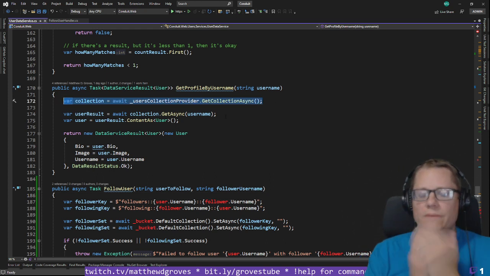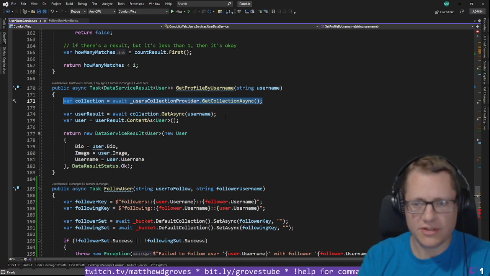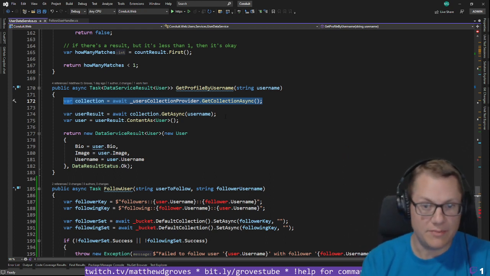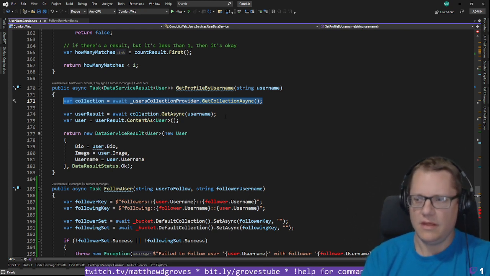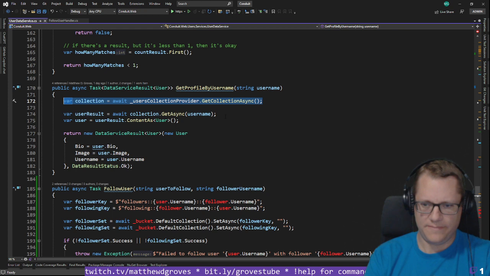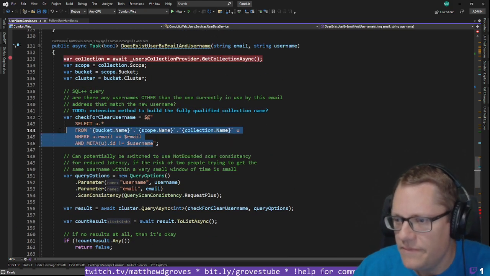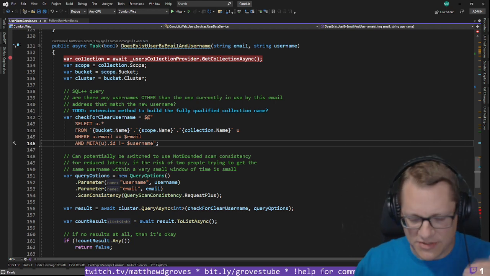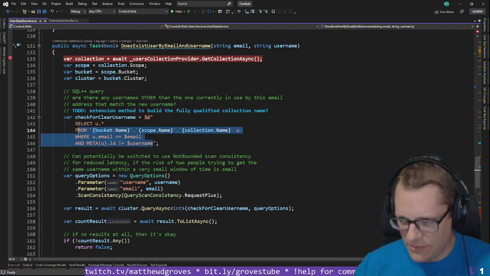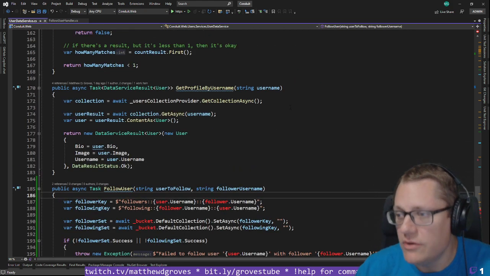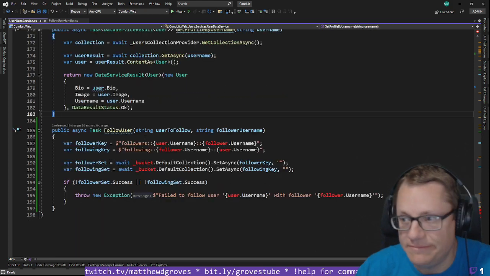So the question is, where do I put these documents? Do I put them in the users collection? I think probably, if I was in the relational world, I'd put them in a separate table. So I could do that here as well. And I think I should definitely do that, because I know there's a SQL queries here that interact with that. And if I have two different types of documents in the same collection, it's going to make this query more difficult to write. So I'll put this in its own collection, which means probably this belongs in a separate class,